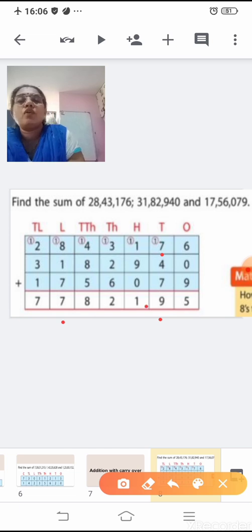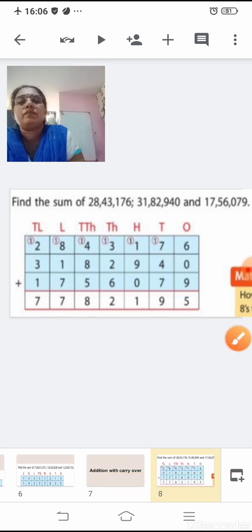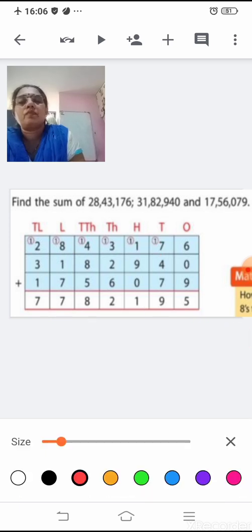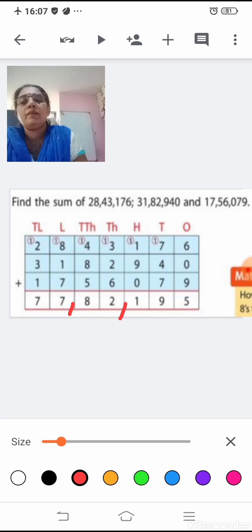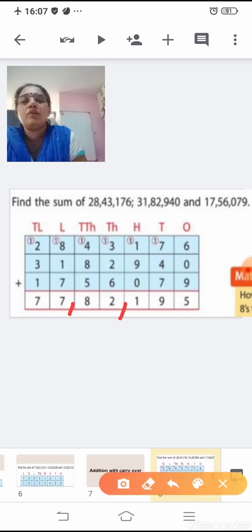So when you place a comma, how will you read this number? You'll read this number as 3-digit and 2 digits. So you'll read this number as 77 lakh 82,195. Okay. Now let us see one more example.